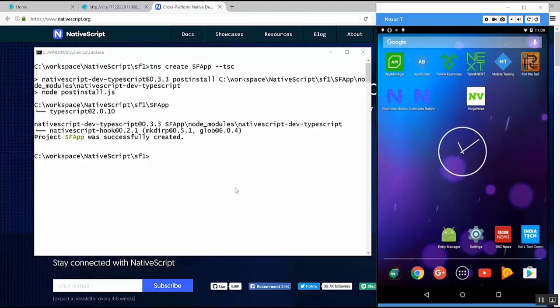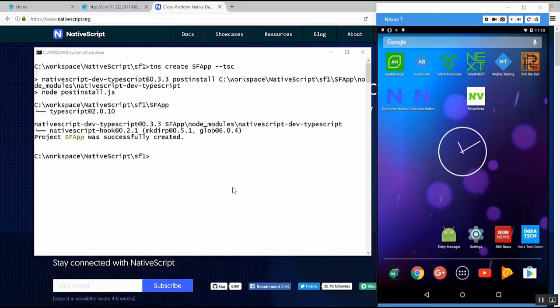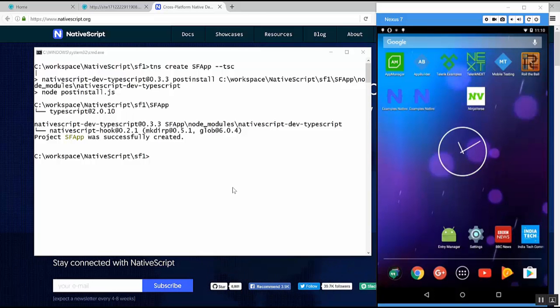Now we see that the scaffolding has finished. It has gone ahead and got some npm modules, and as you can see here, it has brought the TypeScript compiler because I said I need a TypeScript template. So next up, what we're going to do is open up and take a look at how the app is, what code it contains, everything. So let me do a cd into sf app,